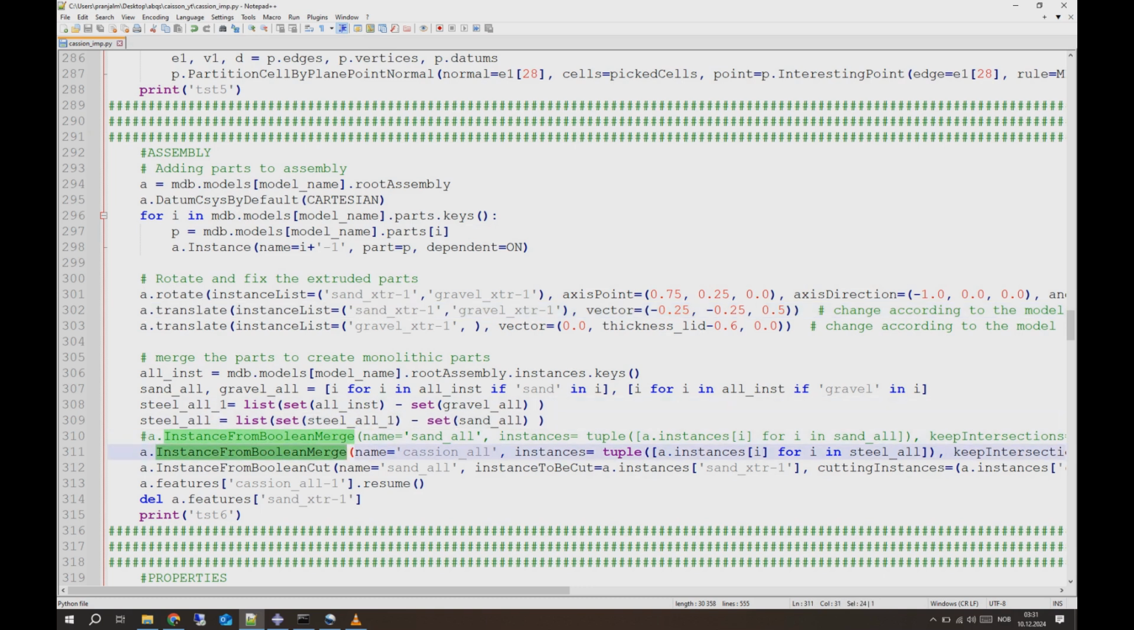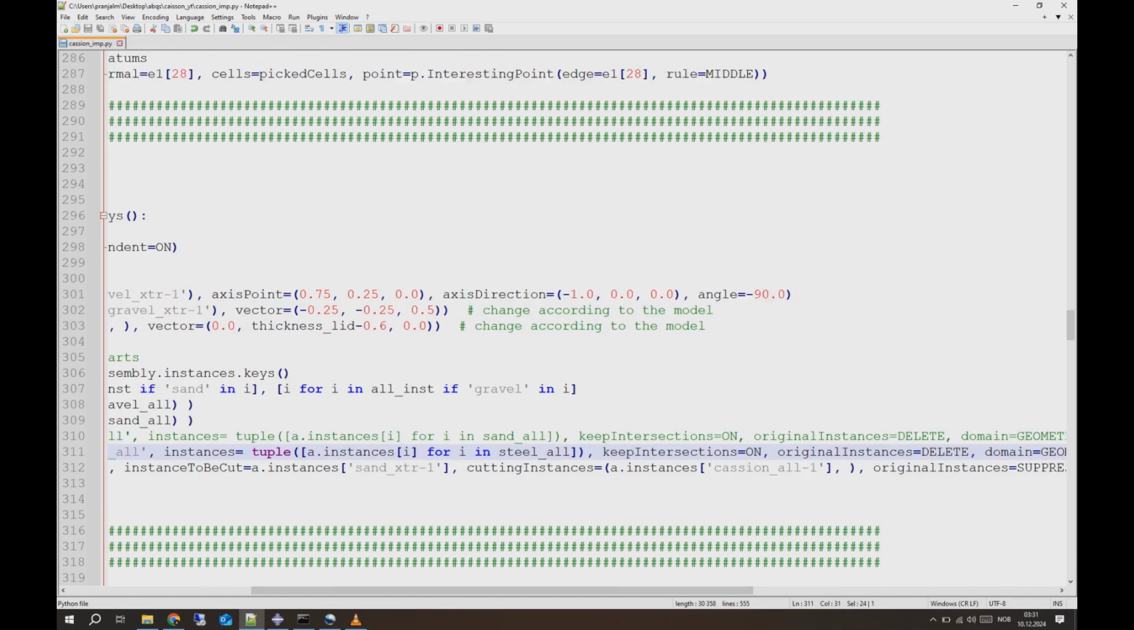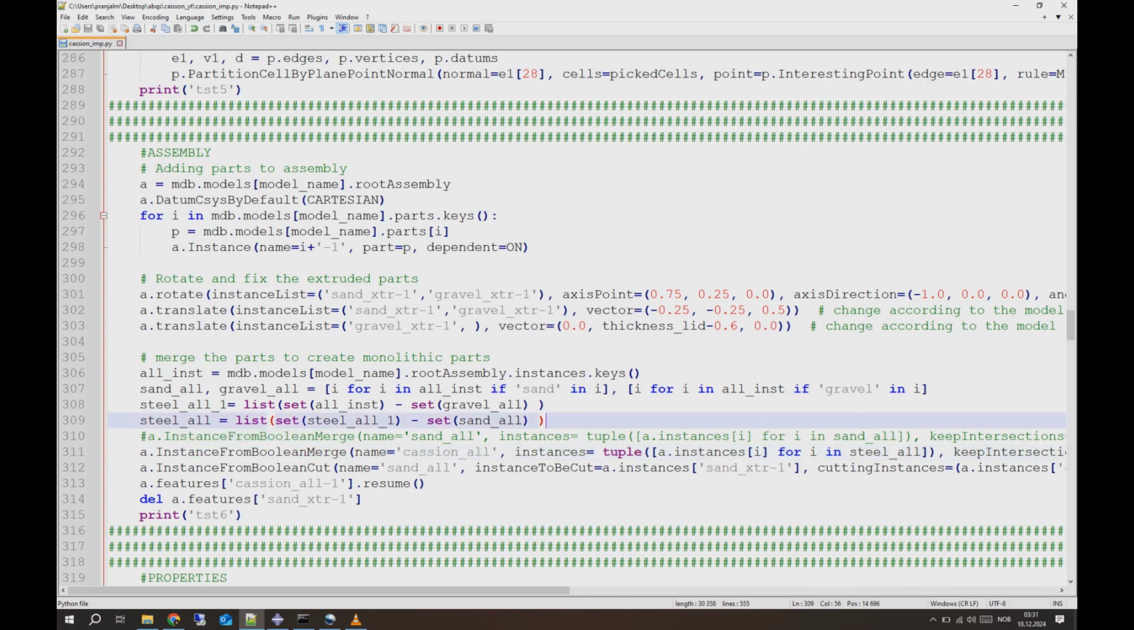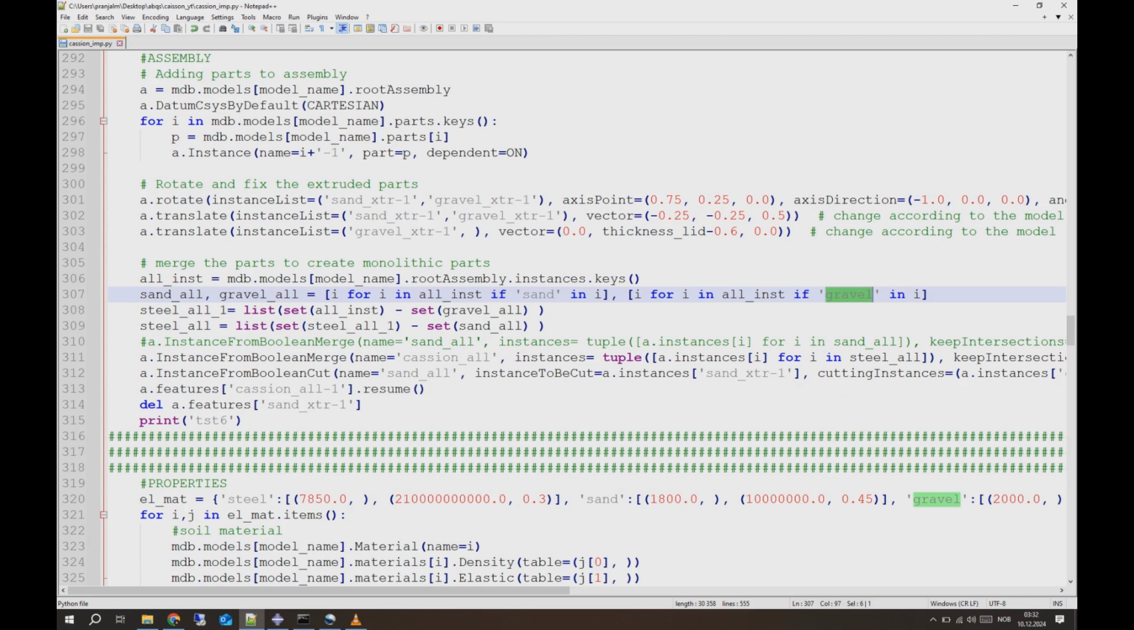There is a list, and then what we do is instance from boolean merge. We merge all the Caisson parts, a dot instances i for i in steel all. Steel all are the parts where we don't have sand or gravel. So whatever parts, if their name doesn't have sand or gravel, we create a list of all the parts, and then we merge them, and then we cut the sand part using the Caisson all part. This will create a new part, but we have to delete the sand extrusion part, which was the original sand part. So in the end, we land with two parts, which are Caisson all and sand all,